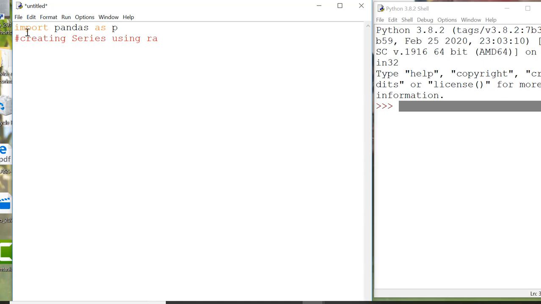using range function, right? Now see, S equals P dot series. As you know that S is the object of series, P is for pandas, dot series means the series method, which is the constructor method that belongs to pandas. That's why P dot series